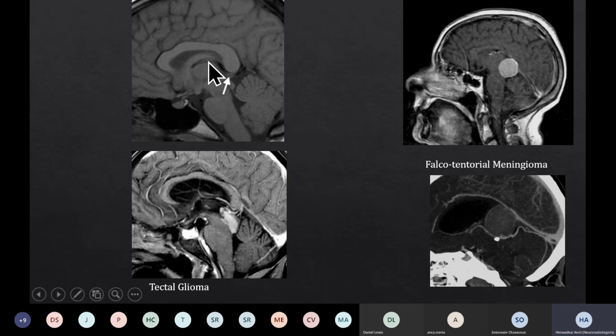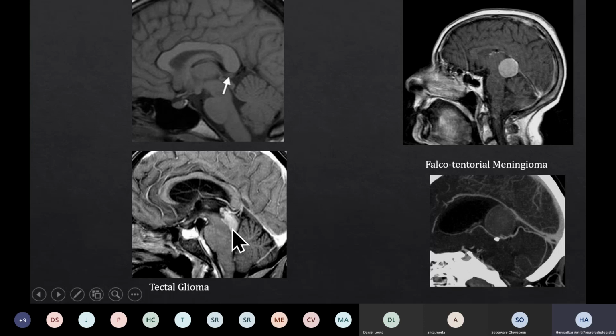And here, just to show you the normal again, the splenium of the corpus callosum, the internal cerebral vein, and then the pineal gland. And here you can see the internal cerebral vein along with the splenium of the corpus callosum, and the tumor which lies underneath it, underneath the corpus callosum over here, is the tectal plate tumor, which is also extending itself